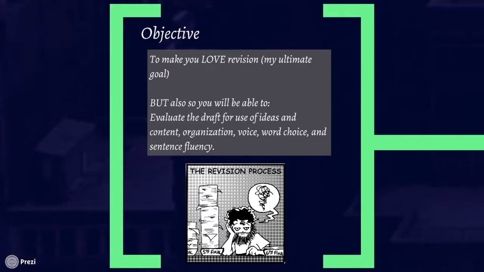I have so many people that say to me, oh, I don't revise. I just sit down and write. I do my best work under pressure. I don't need to review my work. You know, everybody needs to review their work. The best authors in the world revise their work and have multiple revision processes. So taking a few moments to go back and revise your essay is only going to make it stronger and make you understand the process better, and it's going to make me a happier teacher.